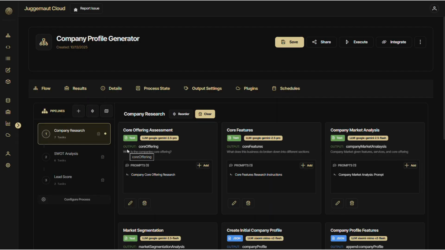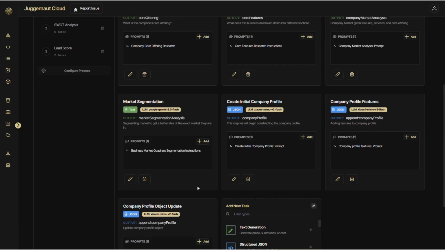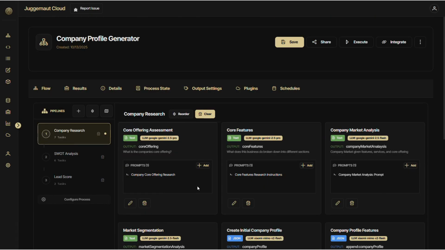The way that Juggernaut works is that you're able to break your workflow, pipeline, or process into different phases that we call pipelines. I like to think of these phases as different milestones within your workflow. It's a great way for you to organize your workflow, and to build in a way that is modular, right? This company research pipeline contains 7 different tasks, and since it's its own individual pipeline, I can actually connect